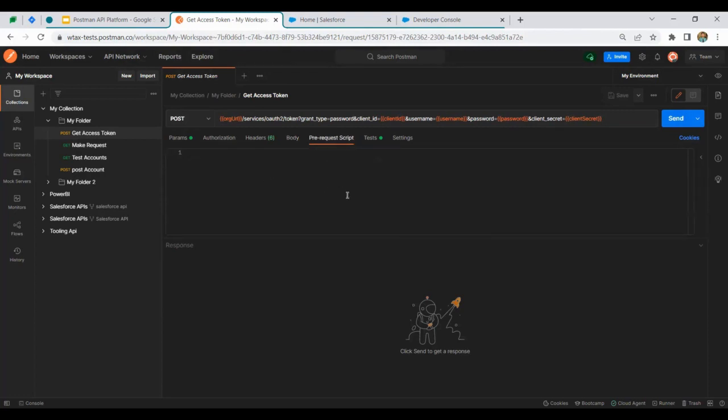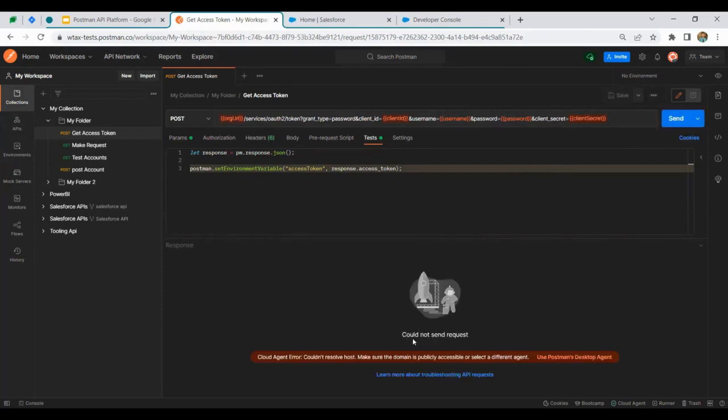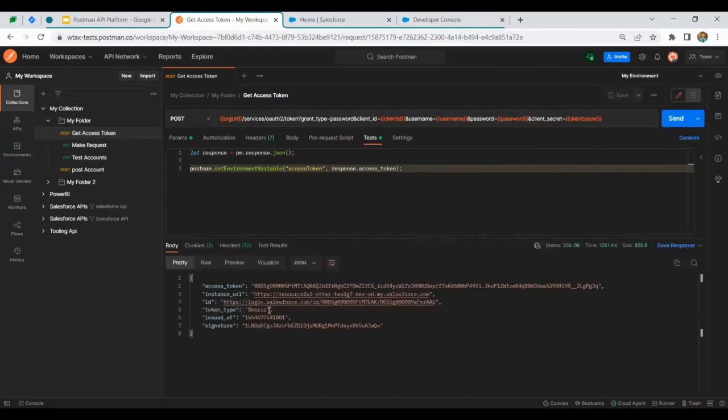If we want some values to be calculated first and then we want to call the request, we can add the JavaScript here. After calling it, it will test all the data, and we can also set variables from here. Data will be copied to this variable and it will be stored in the environment. Let's just see it in action. What if I do not select any environment and hit it? It will show me one error. Here you can see we cannot hit this. So let's select the environment again and hit it. It will give me the access token and all the related information I want to use. I'm just taking the access token from